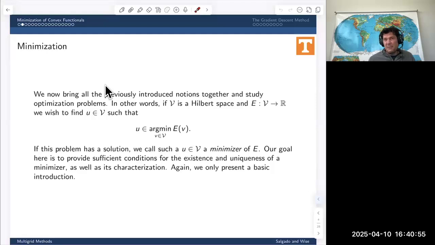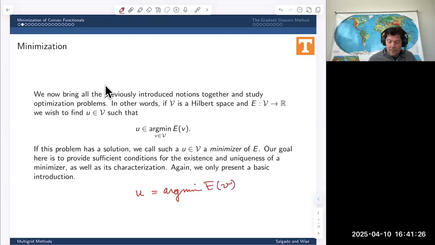And if we talk about a set of minimizers, we're looking for points which are in that set. Now we're going to abuse notation a little bit sometimes. If we know that the minimizer is unique, that is to say that the set of minimizers has only one element in it, then we're often going to say we're looking for the function that is equal to the arg min